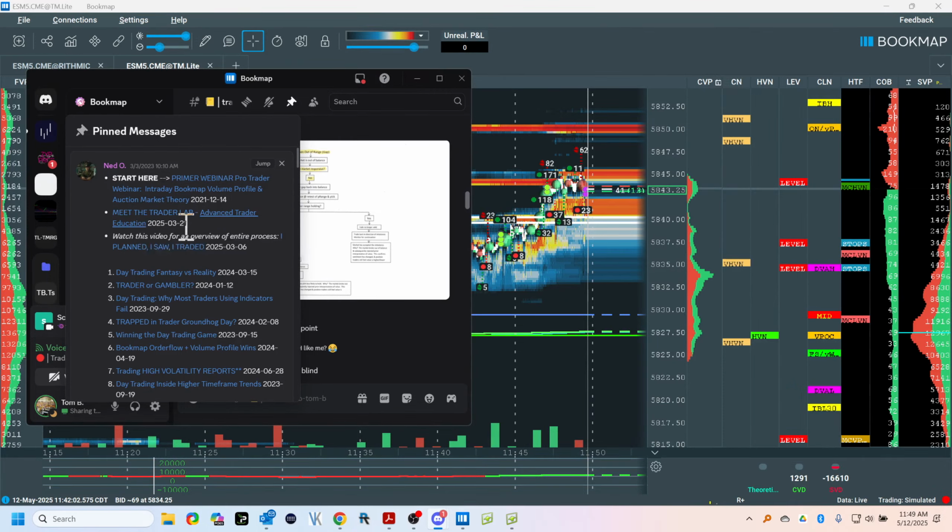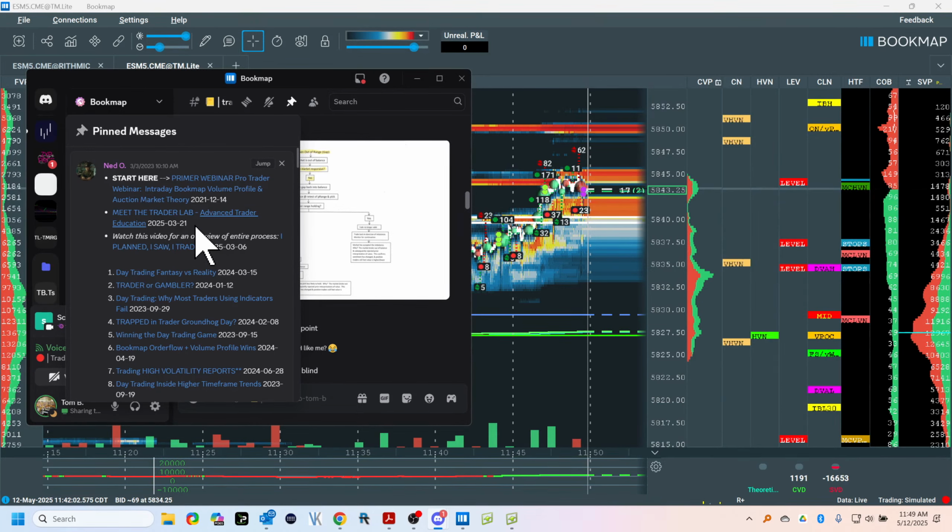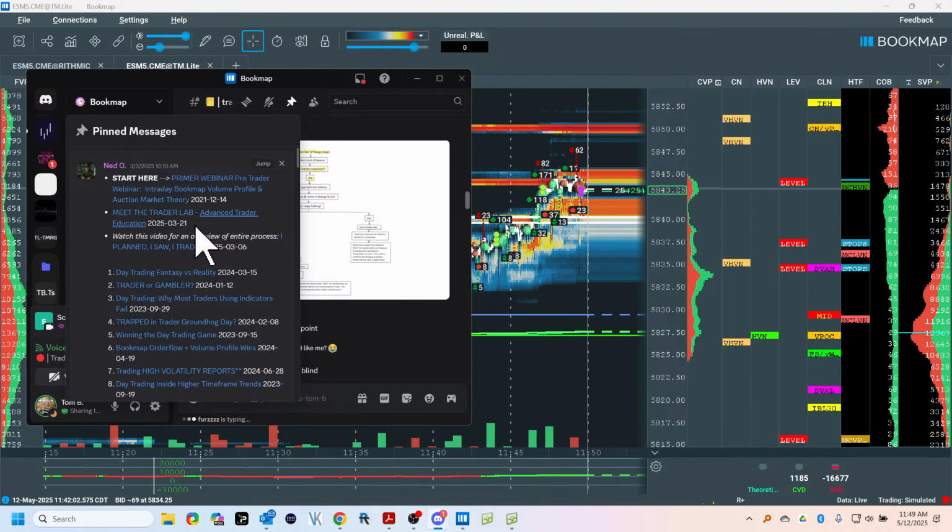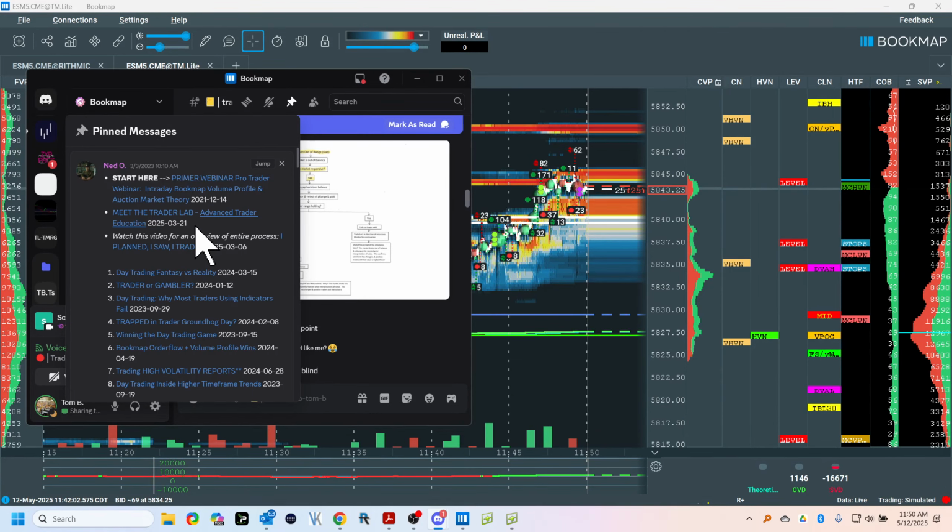This is an advanced trader methodology. Doesn't mean you have to be advanced. It means that this process is going to challenge you. Not that it's complicated. I think the problem for traders is this is actually simple, and we believe it's complex to become a trader. It's really not complex, the trading part of it. What's complex is dealing with randomness. That's our problem. We're in an environment that's completely random.